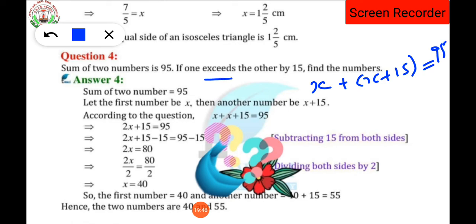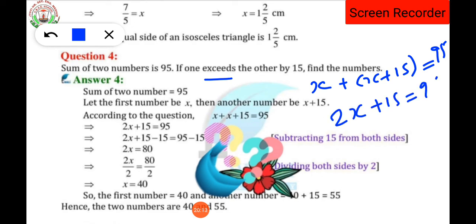Have you understood the word meaning of exceed? मतलब अगर एक दो नंबर्स को ऐड करने पर 95 आना चाहिए। उसमें से एक नंबर x कंसिडर करेंगे, दूसरा नंबर जो है वो जो पहला नंबर है उससे 15 ज़्यादा है, तो फर्स्ट नंबर x है, तो सेकेंड नंबर क्या होगा, तो ऑटोमेटिकली x + 15 होगा. So here when you are going to open the bracket, it will become 2x + 15